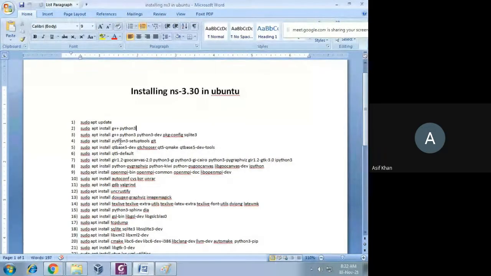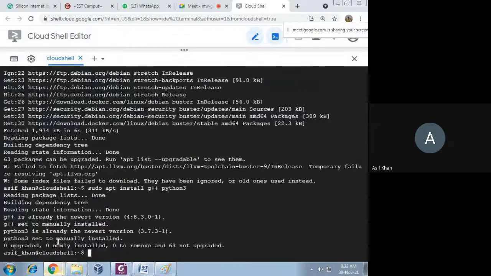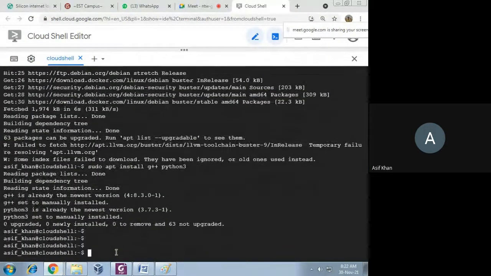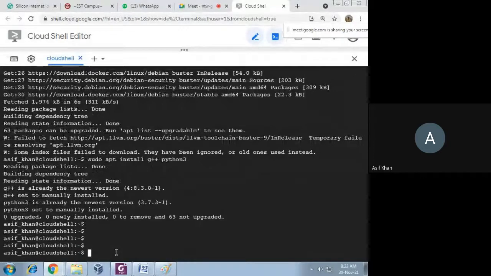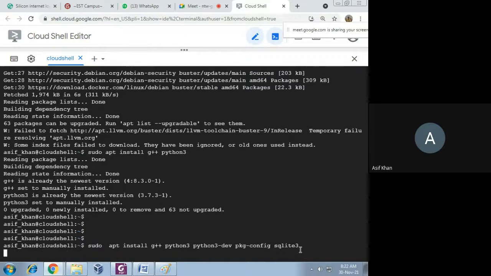Sudo apt install g++ python3-dev package. I'm copying this. When I copy, see this number is also coming, so I'm removing this number, and enter.